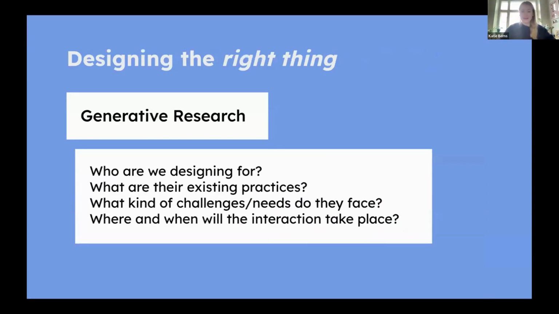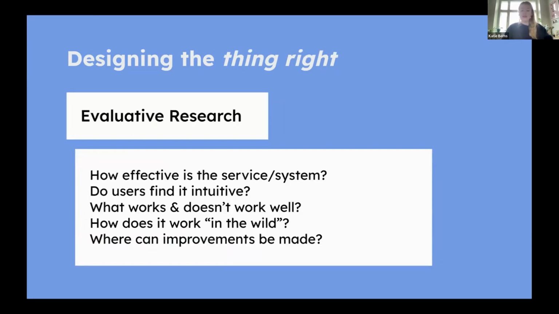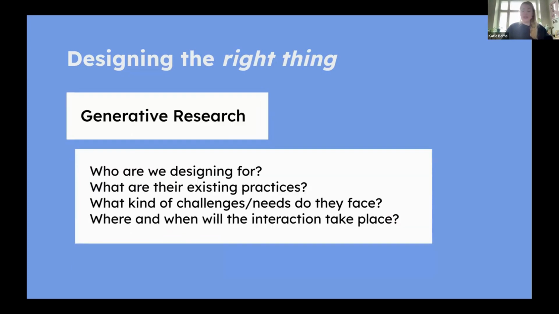So yeah, as Eleanor mentioned in the introduction, you can really think of there being two flavors of user experience research and design. These are what I like to call designing the right thing, which captures generative research, and designing the thing right, which captures more evaluative research. It can be quite tricky, even though it seems obvious, to really stay clear on distinguishing these two flavors of design, user experience research and methods.